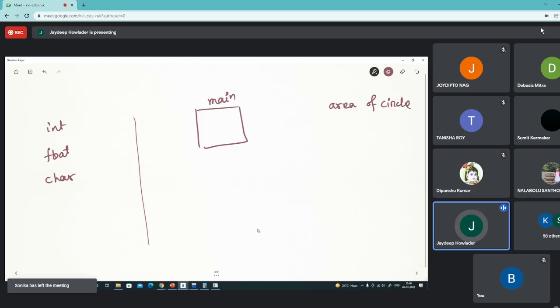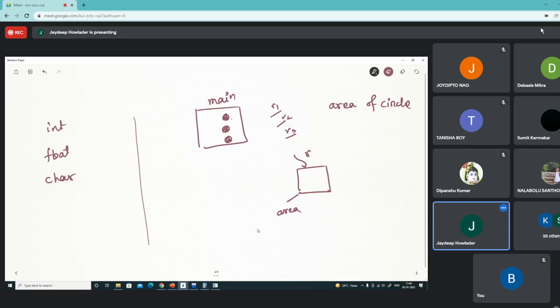So I have different radii: radius R1, radius R2, radius R3, and I have to compute the area of the circle multiple times. So what we do is sometimes write another small program which will take the input R and return the area. So in my main program, I need not write the same set of code multiple times.